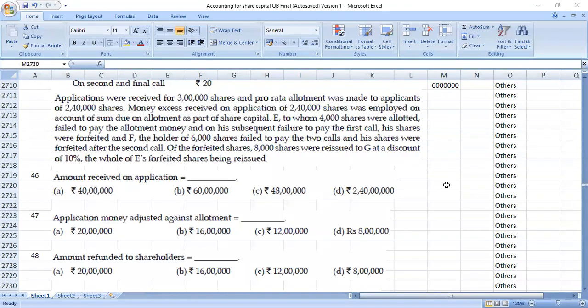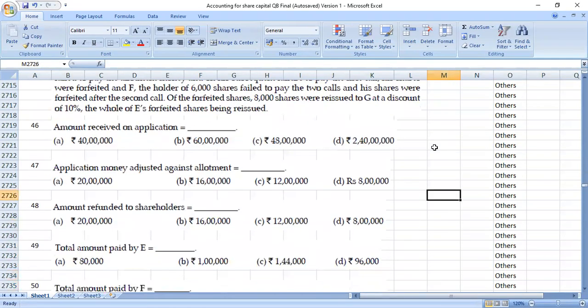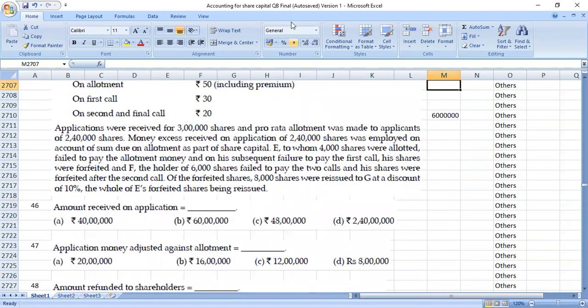Okay. Next question. Total amount paid by E. E எவ்வளவு பணம் பே பண்ணாரு அப்படின்னு கேட்குறாங்க. E, to whom 4,000 shares were allotted, failed to pay allotment money. E வந்து allotment money பே பண்ணல அப்படின்னா அப்ளிகேஷன் மணி மட்டும் தான் பே பண்ணியிருக்காரு. அப்போ நம்ம ஸ்டூடெண்ட்ஸ் என்ன பண்ணுவாங்க, 4,000 into 20 அப்படின்னு அவசரமா போட்டுருவாங்க. That is wrong, because இந்த சம்ல வந்து ப்ரோரேட் அலாட்மெண்ட் ஆயிருக்கு. ப்ரோரேட் அலாட்மெண்ட் எப்படி சால்வ் பண்ணுவோம்னா, நான் அதுக்குன்னு தனியா வீடியோஸ் எல்லாம் போட்டிருக்கேன் இல்லையா. ஸோ எவ்வளவு என்ன கொடுத்துருக்காங்களோ அதை எழுதிட்டோம். 4,000 is the number of shares allotted. ஸோ டோட்டல் ஷேர்ஸ் allotted கீழே, எத்தனை அப்ளிகேஷன்ஸ்க்கு ப்ரோரேட் அலாட்மெண்ட் மேக் பண்ணாங்களோ மேல இதை போட்டா, E எத்தனை அப்ளிகேஷன்ஸ் மேக் பண்ணாரு அப்படின்றது நமக்கு தெரியும்.